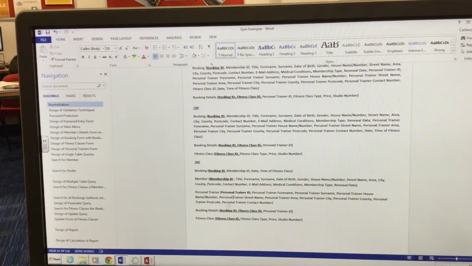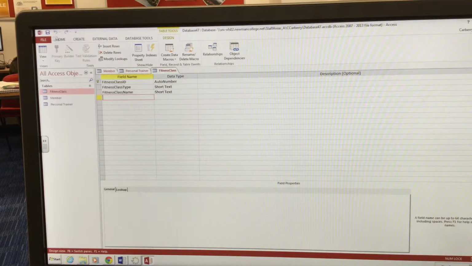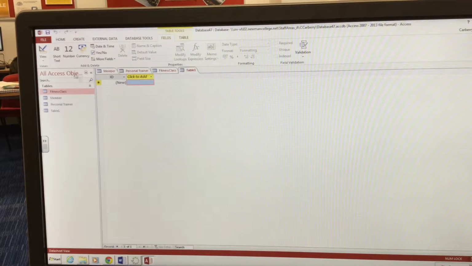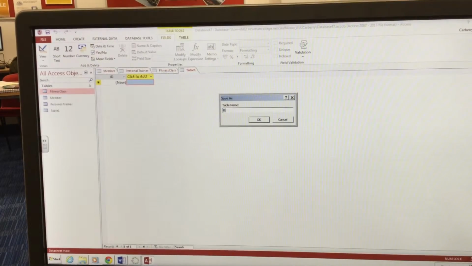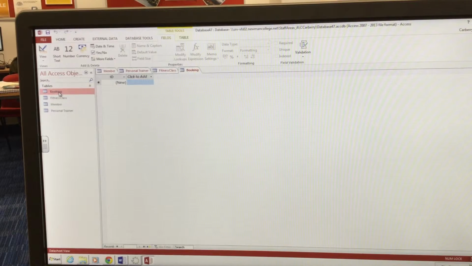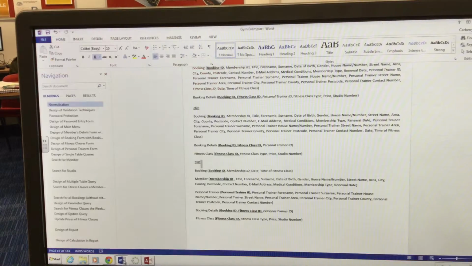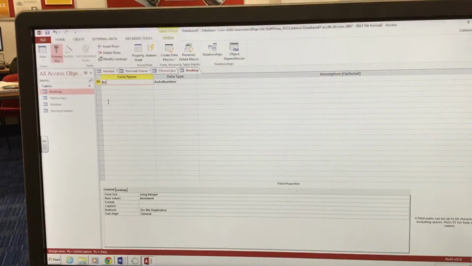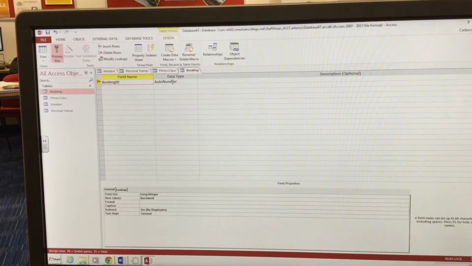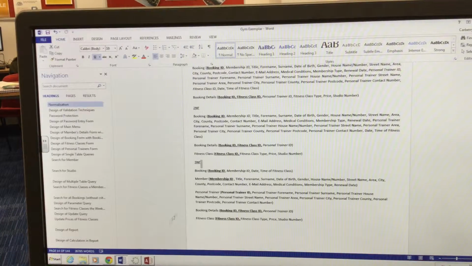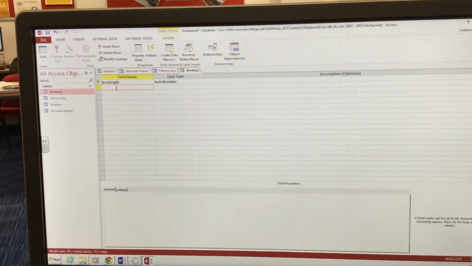So now I'm going to create my booking details, which should be done slightly differently. Okay, so let's do my booking table first. So in here, again, create table, click save, and then we call this booking table. Now in my booking table I have a booking ID, which is fair enough. So change that to booking ID, leave it as auto number. I also have membership ID. Okay, so I could type that in there,